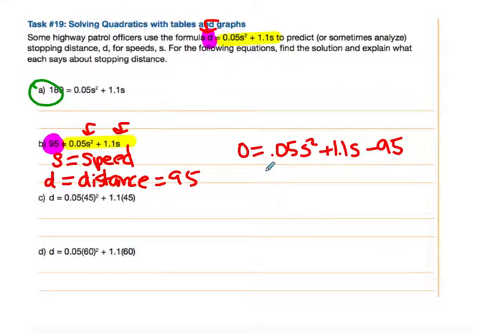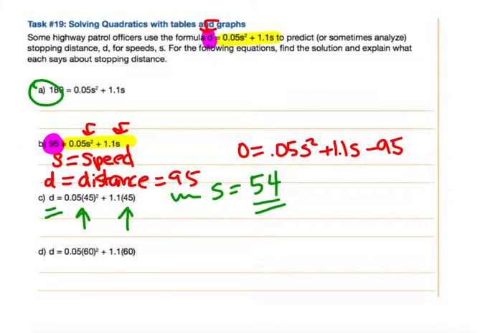So let's just say that your answer when you solve that quadratic, you got 54. So that would mean S equals 54 when D equals 95. So that means my speed was 54 and my distance would have been 95 for a stopping distance. So if I'm going 54 units per whatever, it would take 95 feet to stop, or whatever the unit is. And that's how these are different, because it's put something in for the S and it's asking you to solve for D. So interpret that